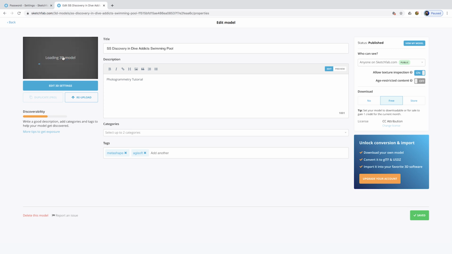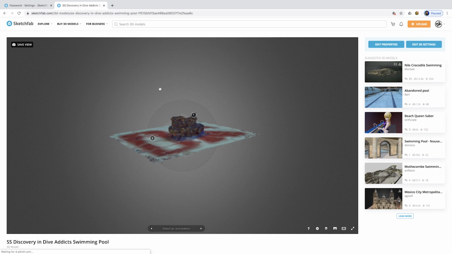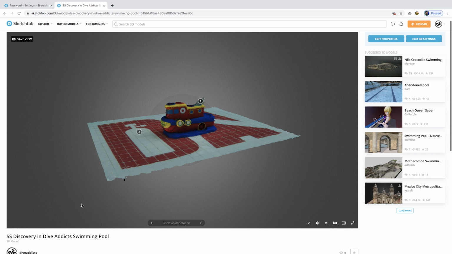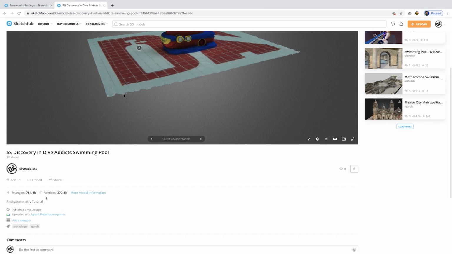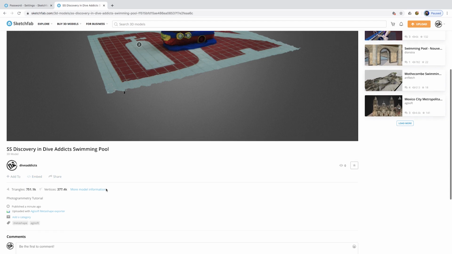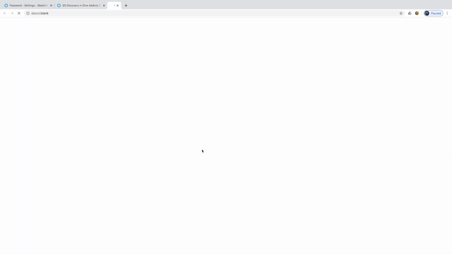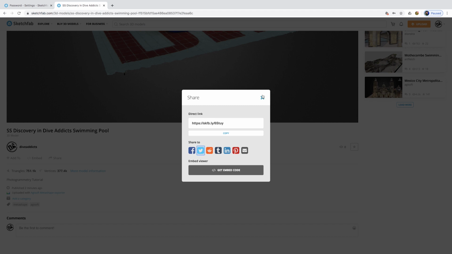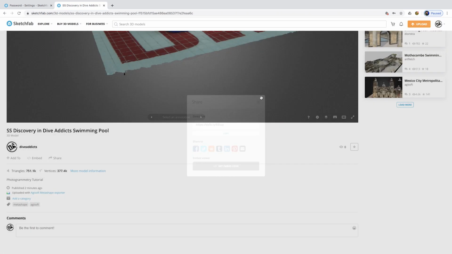Visit the model again. Lastly, I'm sure the reason you're doing this is so you can share it on social media. We've got share settings down here. I wouldn't use this link. That'll take them to your login and stuff. So you want to do the share, or if you're going to embed. So share like this. You can easily make a Facebook link, Twitter. It'll pull up a thing saying to check it out, just like your typical share links. So you can even click on Facebook and it'll pull that up, and then you can embed it right inside your